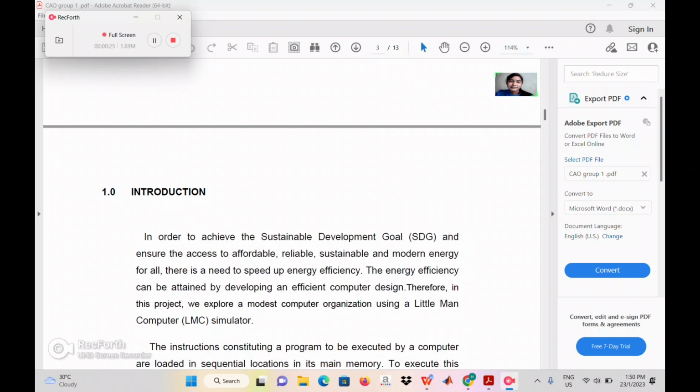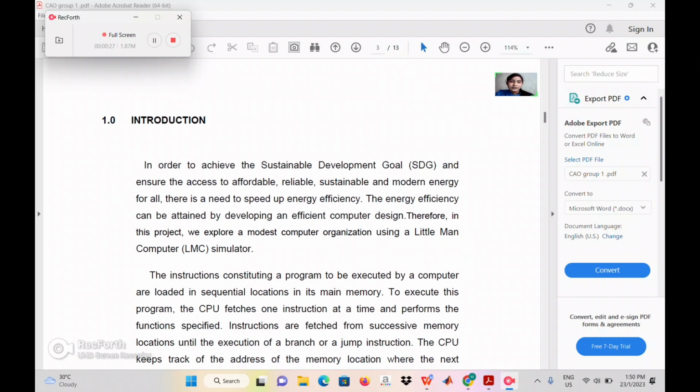So first of all, I would like to start our group assignment by presenting the introduction. In order to achieve the SDG, which is known as Sustainable Development Goal, and ensure access to affordable, reliable, sustainable and modern energy for all, there is a need to speed up energy efficiency. Energy efficiency can be attained by developing an efficient computer design. Therefore, in this project, we explore a modernized computer organization by using the LMC, which is known as Little Man